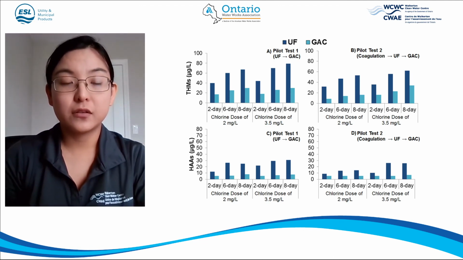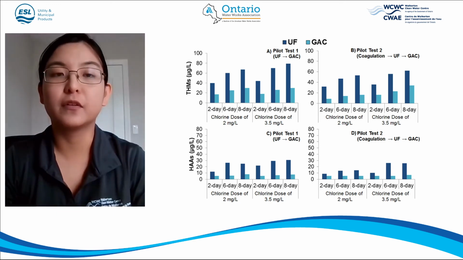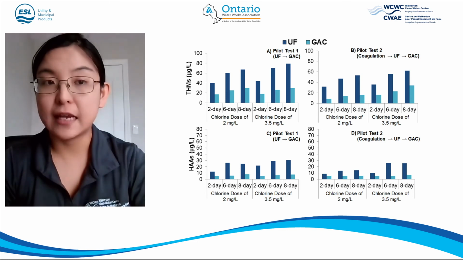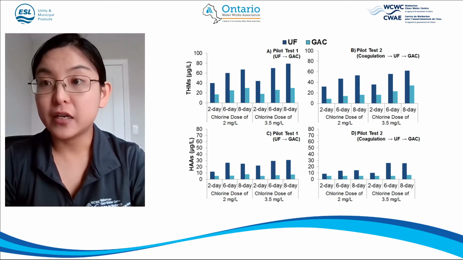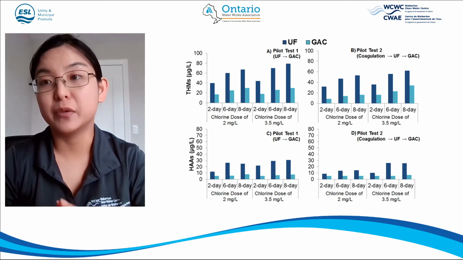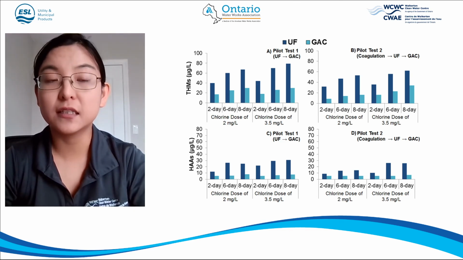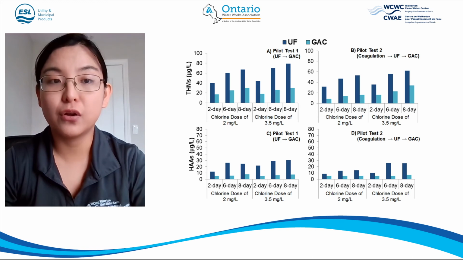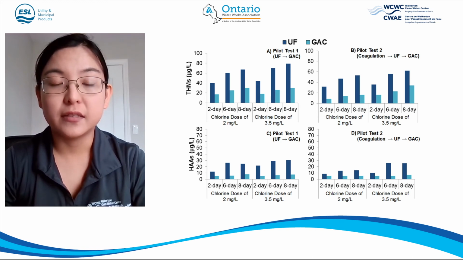We also collected water from the ultrafiltered effluent and the GAC effluent, and then we did another SDS test, or simulated distribution system test. This time we chose 2 chlorine doses and